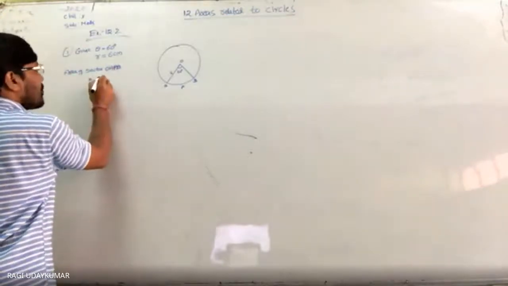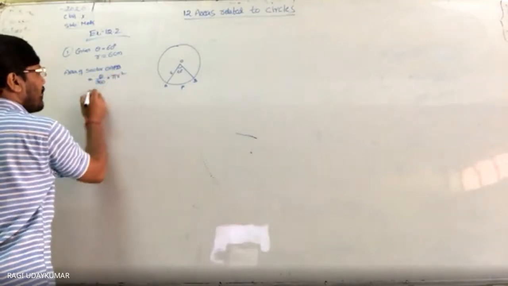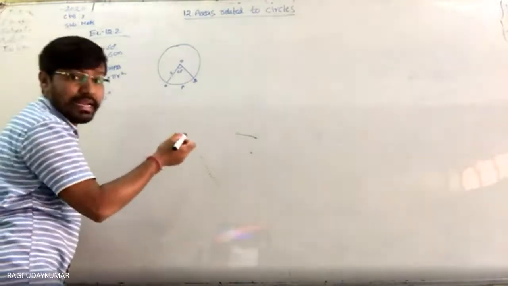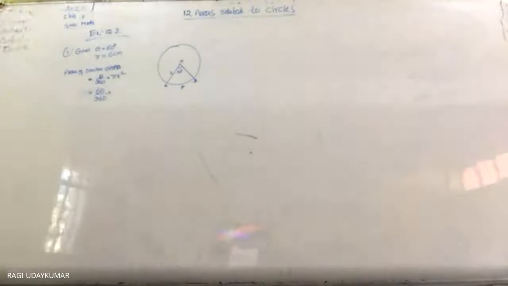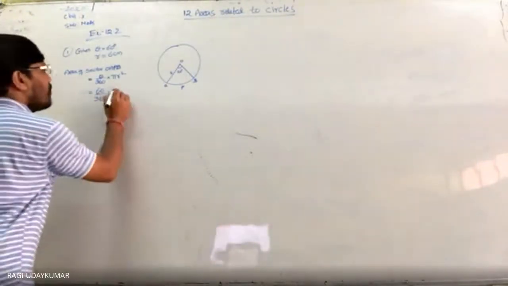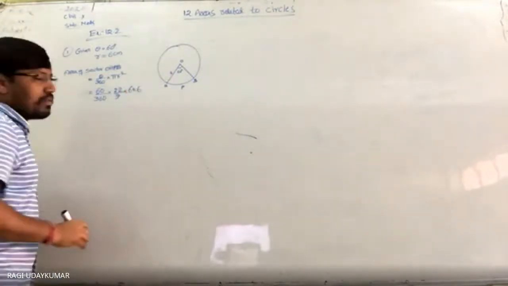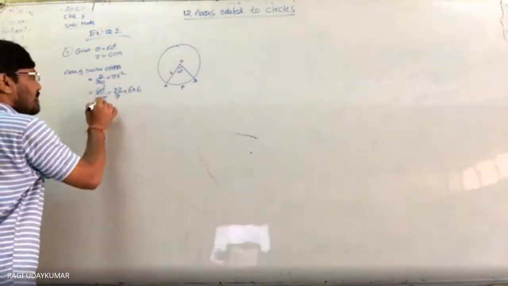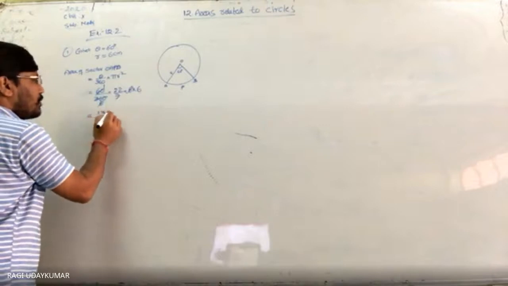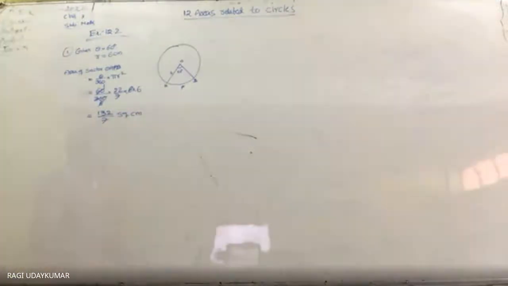So area of the sector is equal to the normal formula, theta by 360 into area, pi r square. So here 60 by 360 into pi. The value of pi should be taken as 22 by 7 until and unless another value is mentioned. So 22 by 7 and the radius is given, 6 into 6 square. So 60 by 1 is 60, 6 will get cancelled, which is equal to 132 by 7 square centimeters, the area of the sector. That's all.